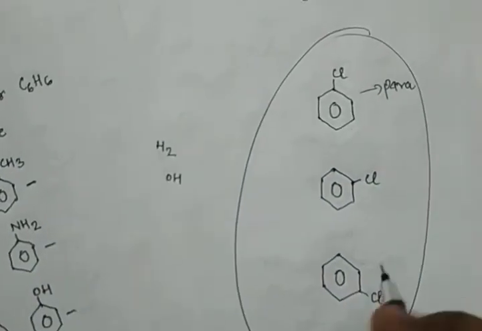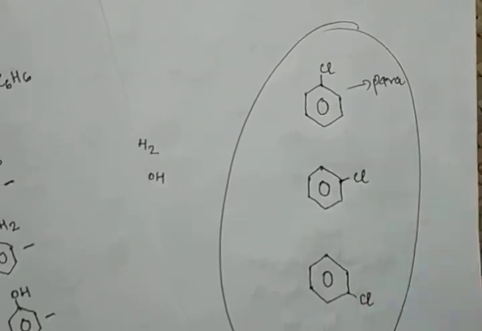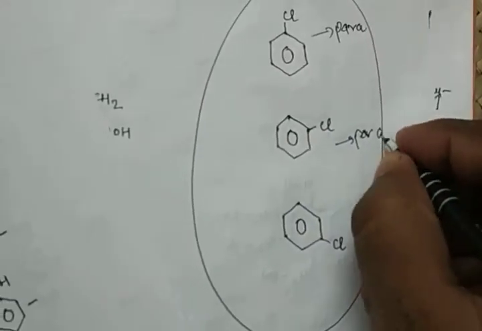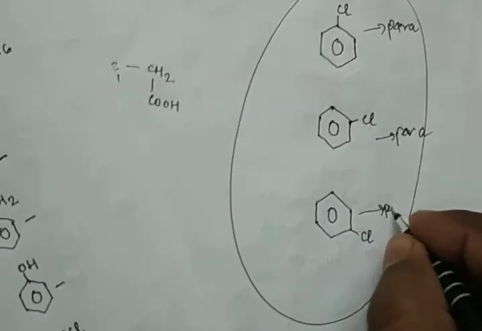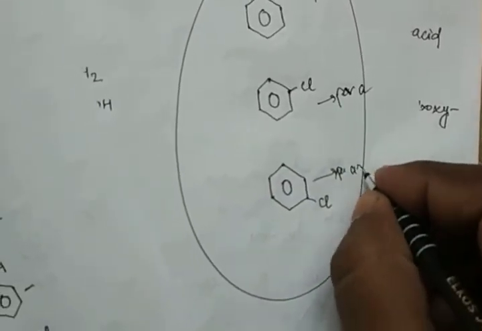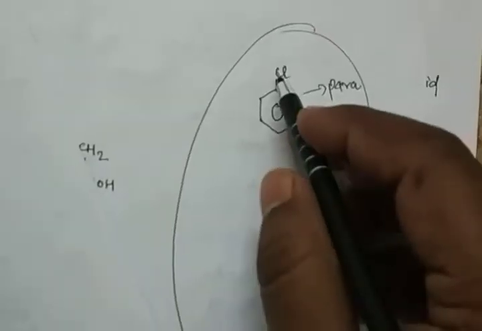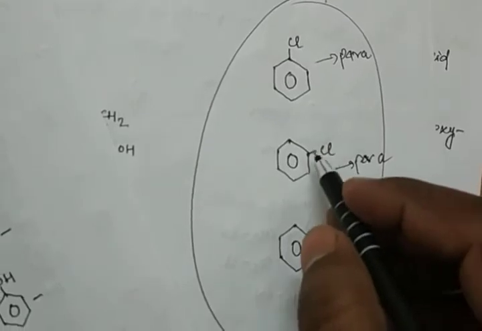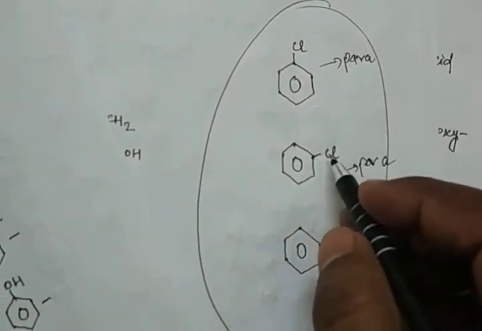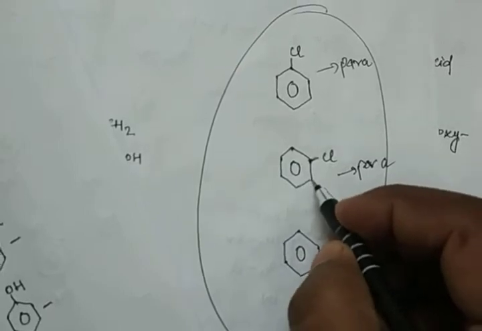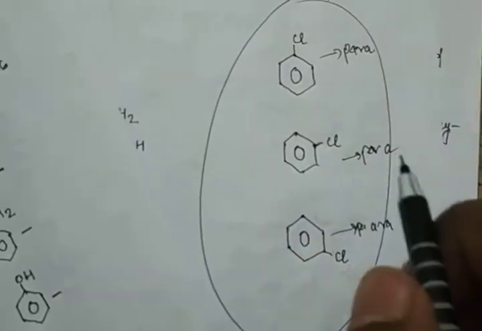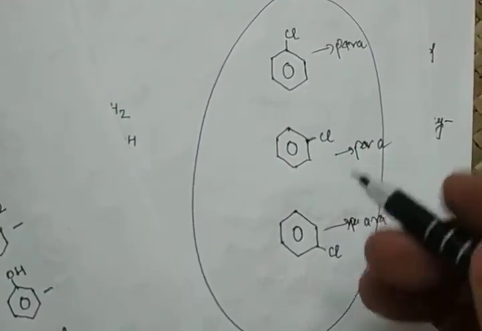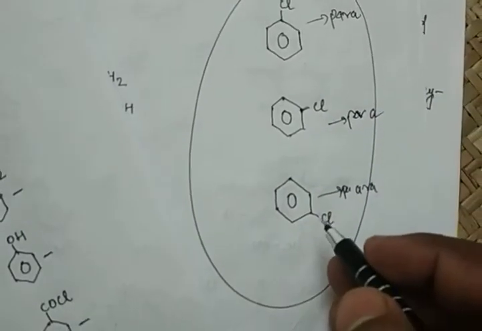Suppose one substituent, one functional group is there. So this is also a para position. This is not a meta position. This is also para, and this is also para. Clear? Suppose one group is there. So these all are in para position. So this is para, this is ortho, and this is meta. Now suppose a group is there. First you count: this is para, then near ortho, then meta. Clear? If one functional group is given, then it will always be in para position.